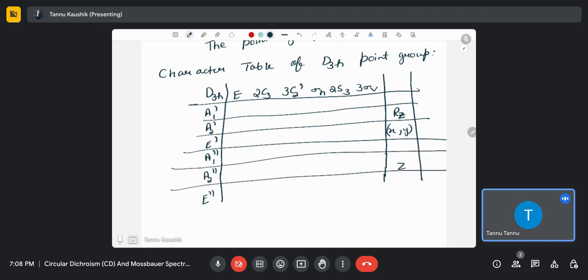And then z is associated with the A2'' irreducible representation, and Rx, Ry are associated with E''